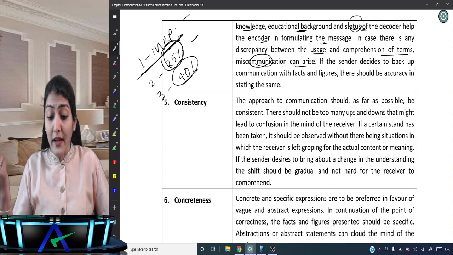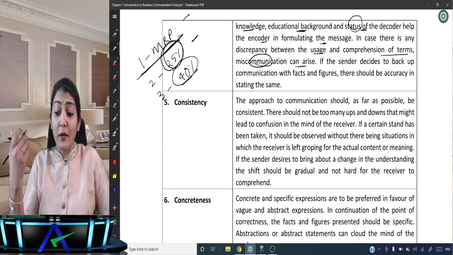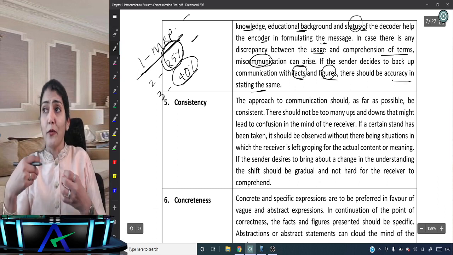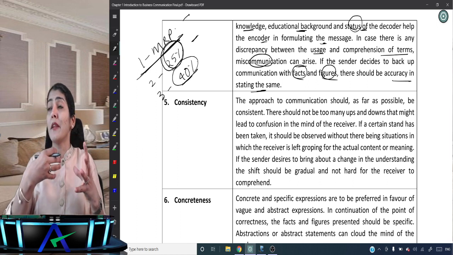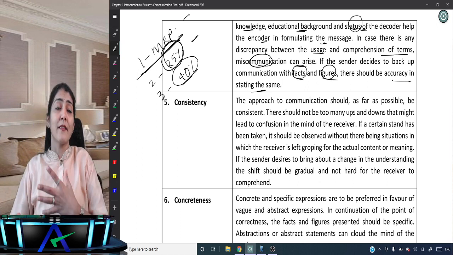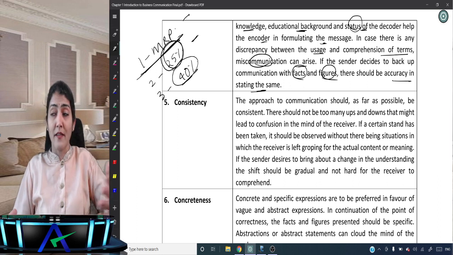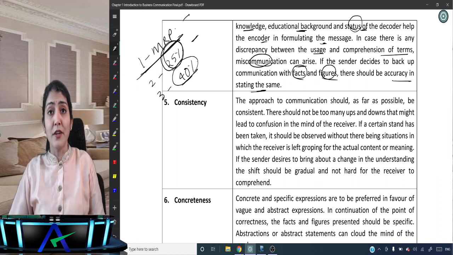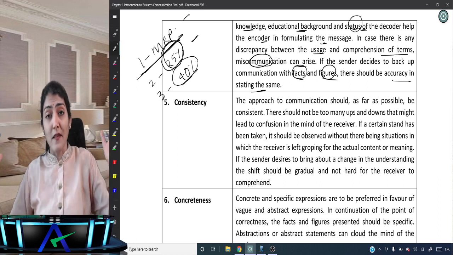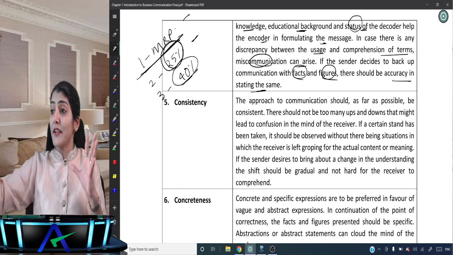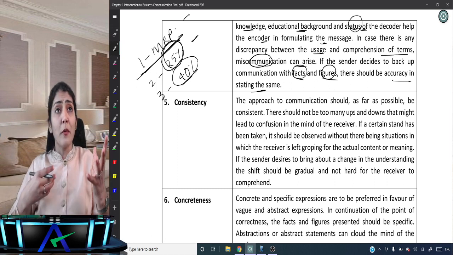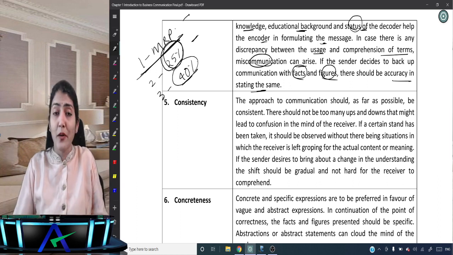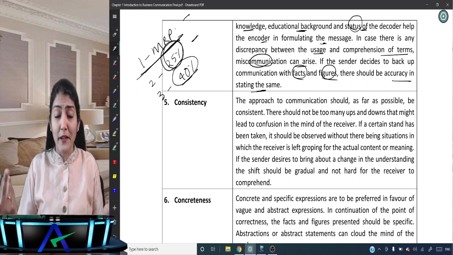You understand that? Okay. Now, if the sender decides to back up the communication with facts and figures, there should be accuracy in stating the same. Right, so if you want to support it, say so many people in the country are affected with COVID, or the vaccine is going to be provided first to the government doctors and the health line workers, then the private doctors, then the people having health issues, and after that to the other citizens of the country. So by when would the vaccination drive be completed? If you want to communicate this information by printing an article in the newspaper, because that's also communication done by the journalist and the newspaper editor,